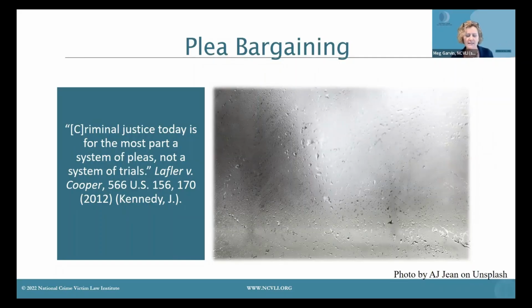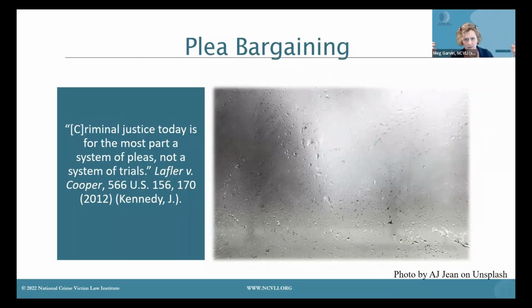What I mean by that is the research is clear and the data is clear that 94 to 97% of state and federal criminal convictions result from plea bargaining. And yet it is foggy and unclear and happens behind closed doors and on telephone calls between prosecution and defense attorneys, often not even with the defendant themselves, the accused themselves, until the attorney passes it on. It's this hidden part of the criminal legal system that we need to,